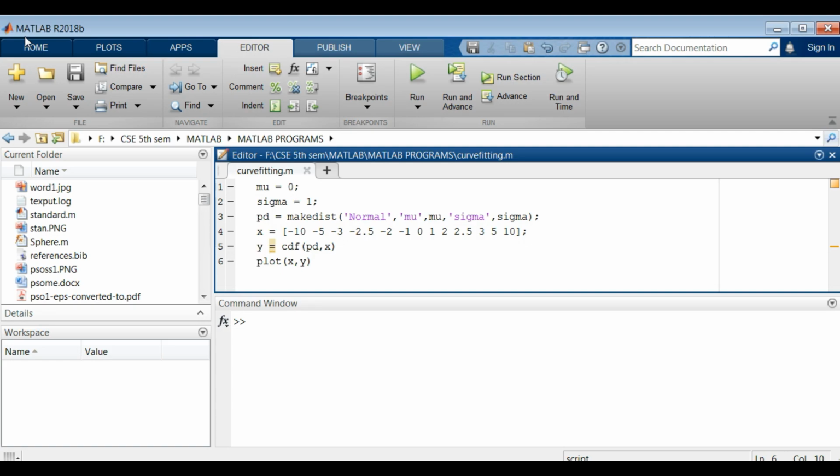Now we move on to cumulative frequency plot. In this, we give the value of mu as 0. Mu is the mean and sigma is 1. Sigma is the standard deviation, and we make PD equal to